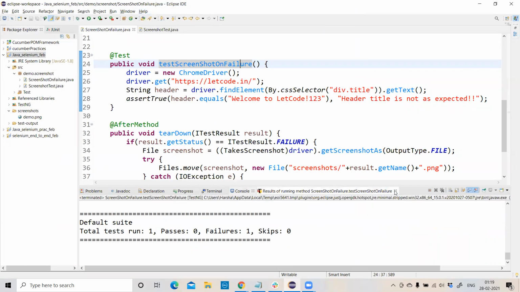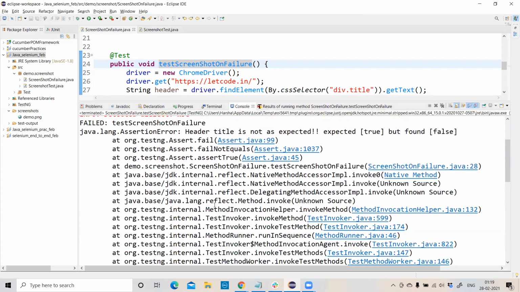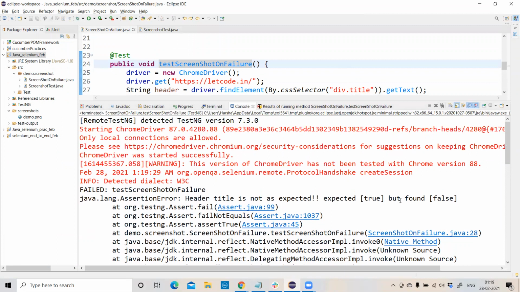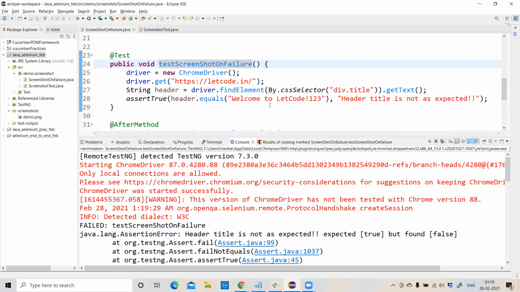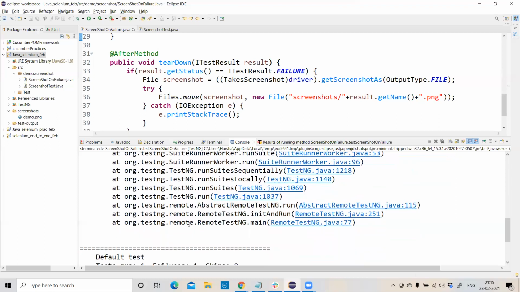Right, our test case got failed. Let us see the error. It is saying header title is not as expected. Expected true, but found false. In which line is it failing?